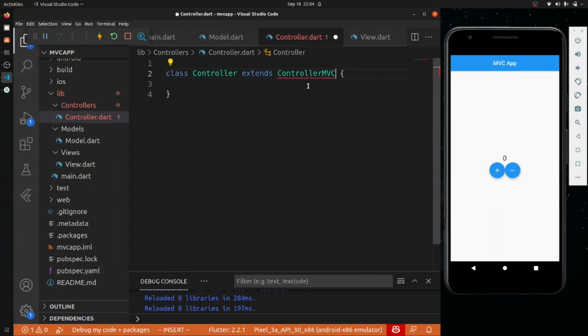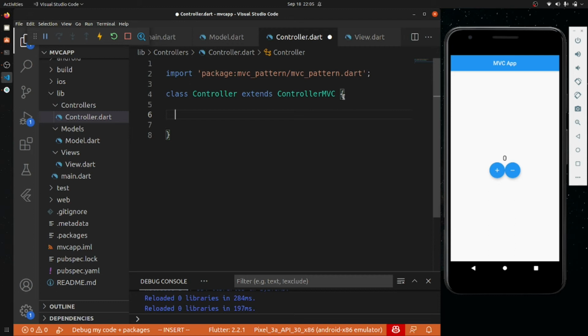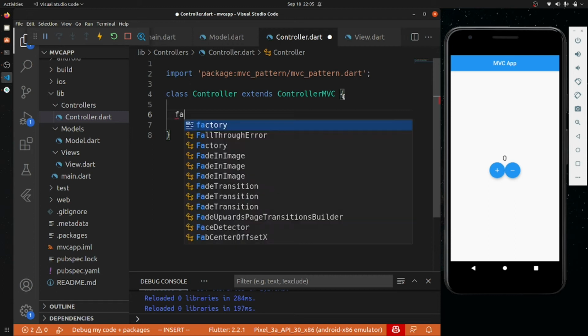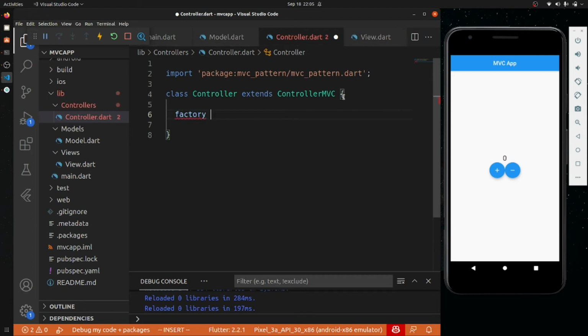Now what we need to do is call this MVC controller, and you can see that it has already imported that. Here is our MVC controller. In this we need to create something like a constructor. It is not exactly a constructor, but you can relate it to a constructor. We have to go with the factory and then Controller.